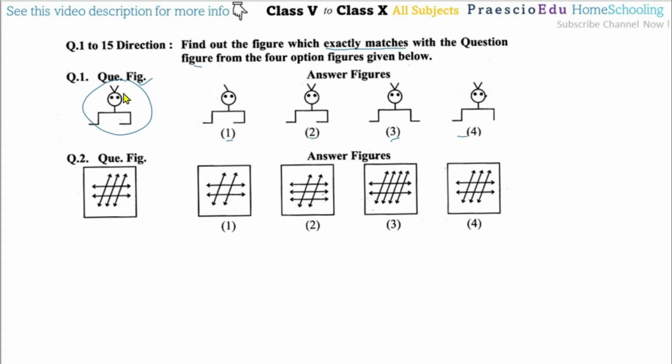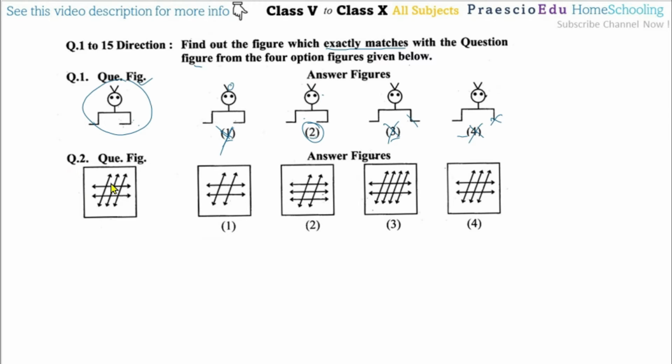Now in this one, two lines here, two lines here also, here not present. So that's why this is incorrect. Now these two lines are here in the same direction, here also, then here not present, and here in a different direction. So options number 3 and 4 and 1 are gone, now only option number 2. If you observe all the part and part, it's totally 100% similar, or we can say exactly matches. So that's why option number 2 is the correct one.